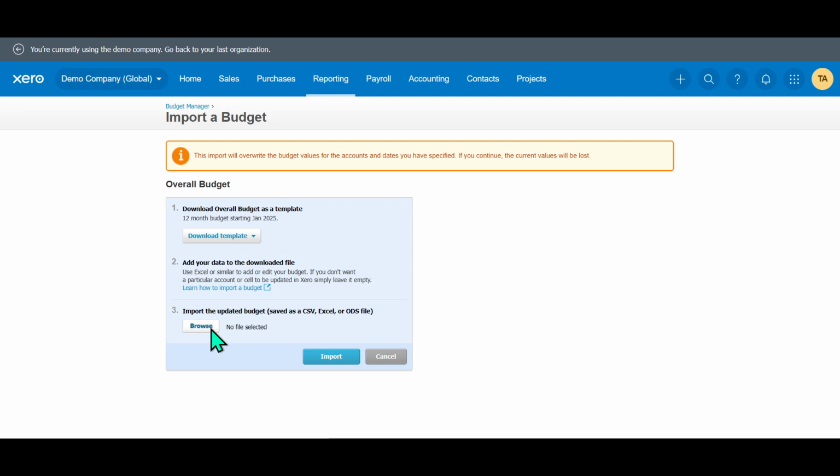Once you're satisfied with your input, save the file, making sure it retains the correct format. Return to Xero and upload your completed template to the platform. Xero will then process the data, and your budgets will be imported accordingly. And that's all there is to it. With these simple steps, you've successfully imported your budgets into Xero, streamlining your financial management and setting yourself up for